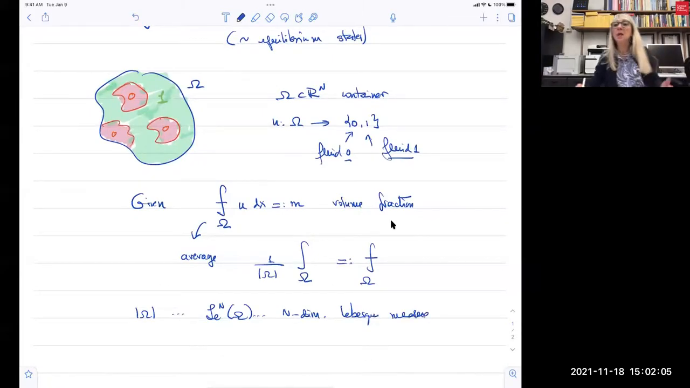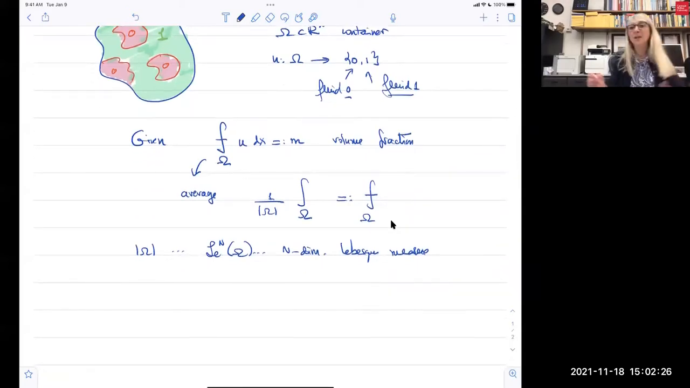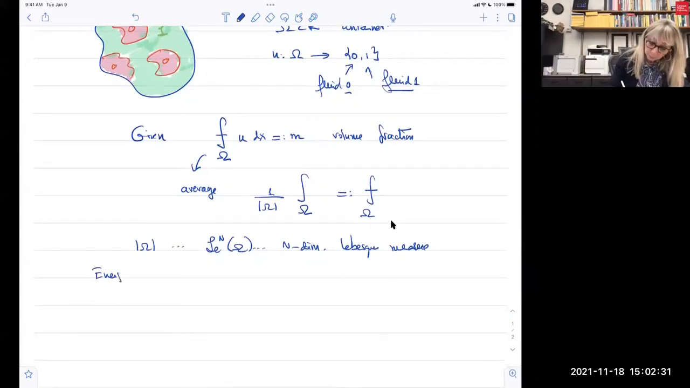Okay, so basically what I'm saying is this: I'm going to give you a fixed amount of fluid 0 and a fixed amount of fluid 1, and I'm going to tell you, at the end of the day, I want to fill my container with these two fluids, and energetically, what is the best way to do that? You can even think of this as an optimal design problem. So energetically, what is the best way to arrange